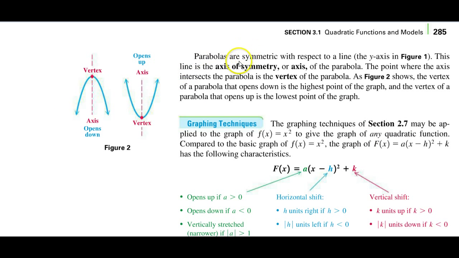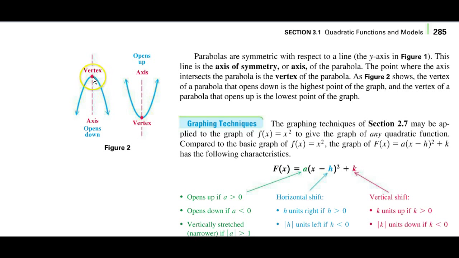Now, a parabola or parabolas are symmetric to, in this case, the y-axis, as we saw in figure 1. And this y-axis, here it's a dotted line, but in the y-axis itself it's a solid line, is the axis of symmetry. Now, there are a few techniques that we're going to introduce and some special formulas, and we'll get to this one in just a moment. So the dotted line is the axis of symmetry,